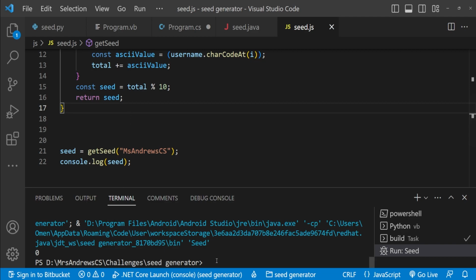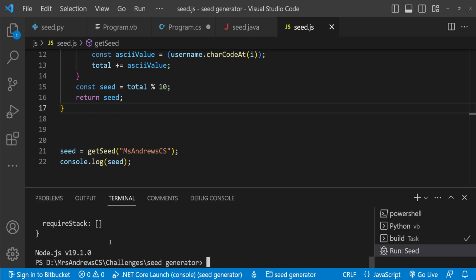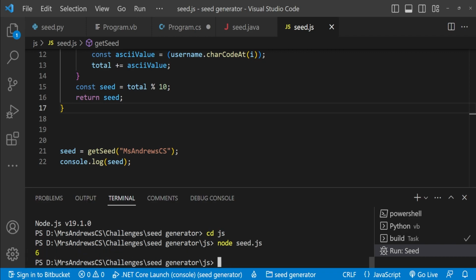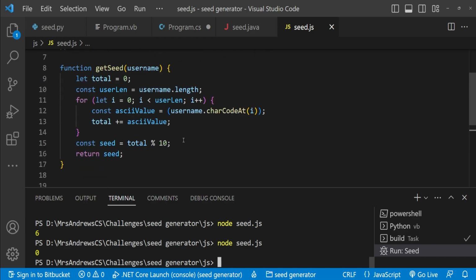that should work. So in here we can just use node c.js and we get an error automatically. So what is the error? And the reason is because we're not in the JavaScript folder. We'll try that again, and you'll notice that we get the value of 6. If we change that to Mrs. Andrews and run that again, we should get the value of 0. So what you'll see now is that we've converted this also to